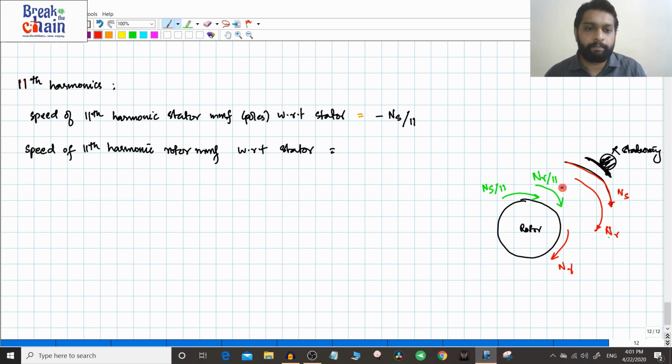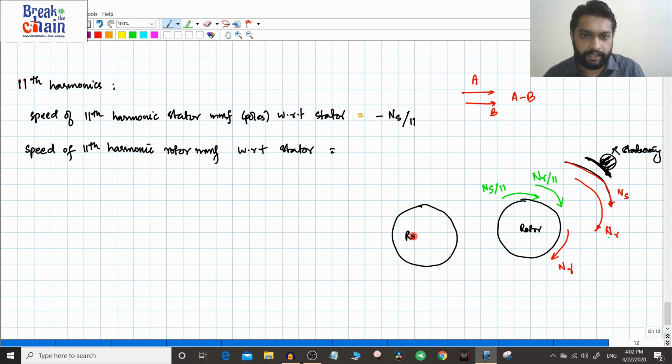So first, what did we do? We are having three speeds now. So these two we can make into one speed. We can find out the relative speed between these two. Both are traveling in the same direction with speeds a and b. So the relative speed will be a minus b, right? So these two speeds we can now replace by a single speed. That is called slip speed.